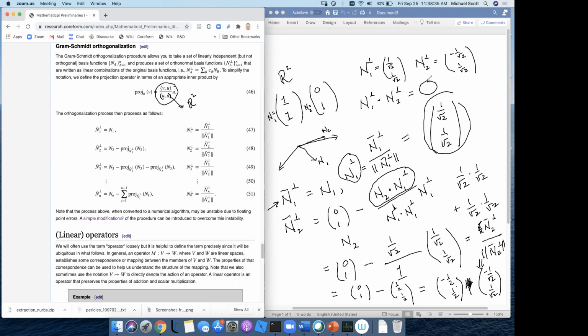And it generates a set of vectors. It's not unique. There are a lot of possibilities. If you started with n2 rather than n1, you'd get a different set. But there you go. So now looking back at problem 2 of homework 3, it says to do this with the